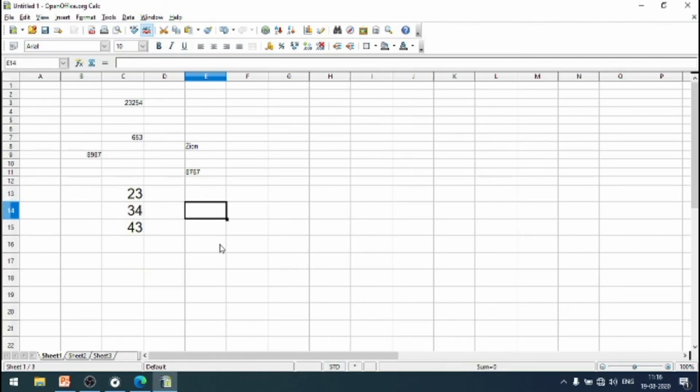I told you the formula should begin with the equal sign. So put equal first, then specify the cell address. The 23 is placed in C13. C13 greater than C15. Then press the enter key. You got the answer false. It's a relational operator.